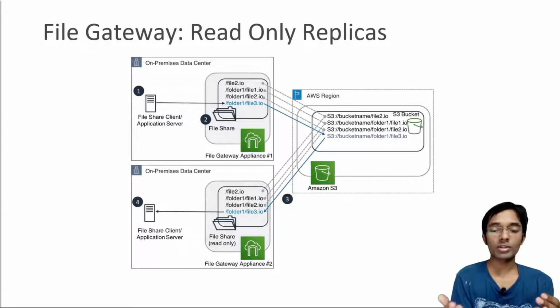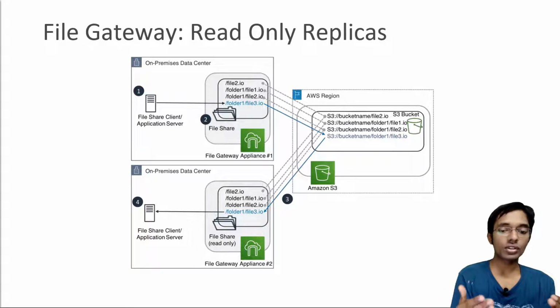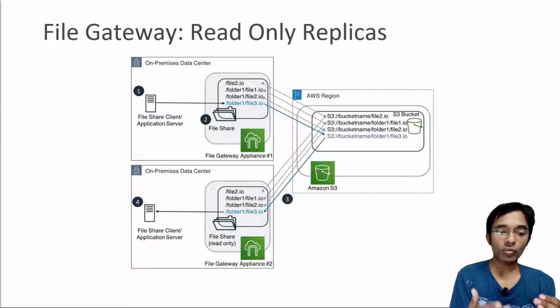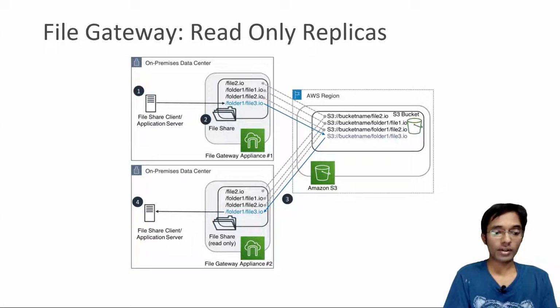And in another on-premise data center, you can create a read-only replica so that your application servers can read a read-only copy of your file gateway appliances, and get the data with the lowest latency. So this is yet another architecture you have to think about when you are using your file gateway appliances. And next,